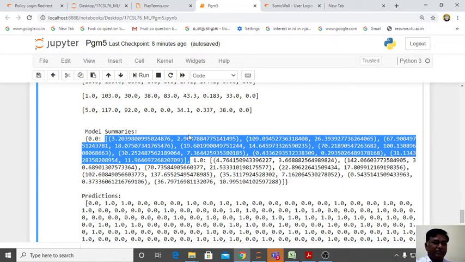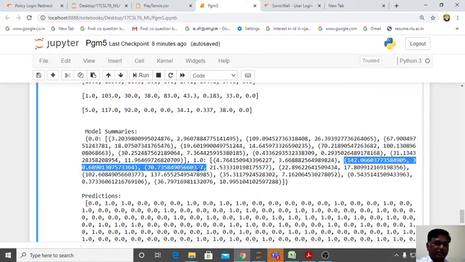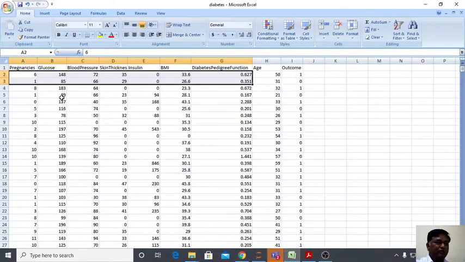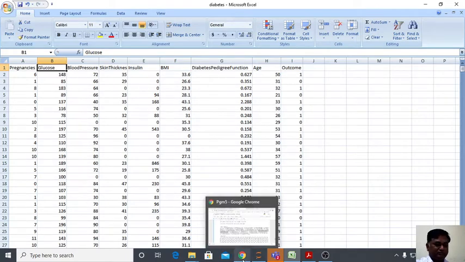That is mean and standard deviation. So this is your first attribute, mean and standard deviation. Second attribute, mean and standard deviation, and so on. And the other class, this is yes women. So for them, first attribute, mean and standard deviation, second attribute, mean and standard deviation, like that for all the 8 attributes. For this, 80% of data is taken, and for first attribute, mean and standard deviation, second attribute, mean and standard deviation of all the training data is calculated.